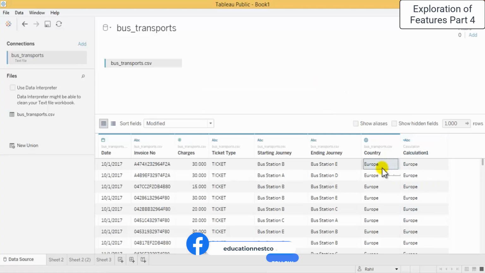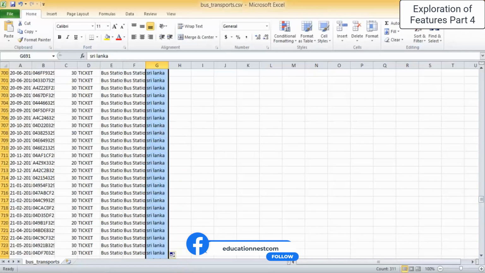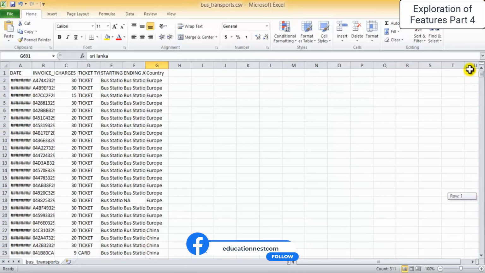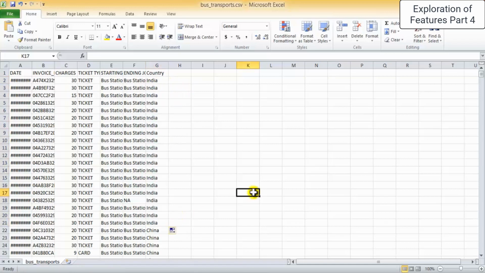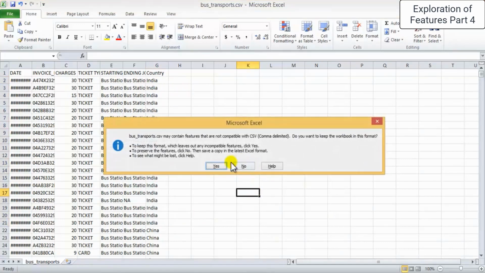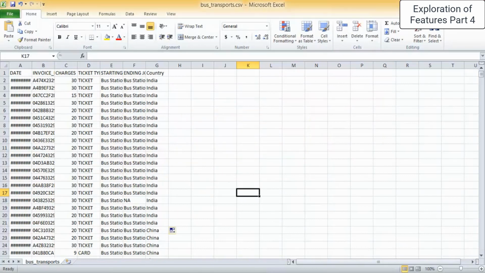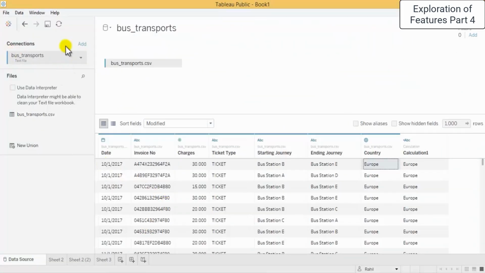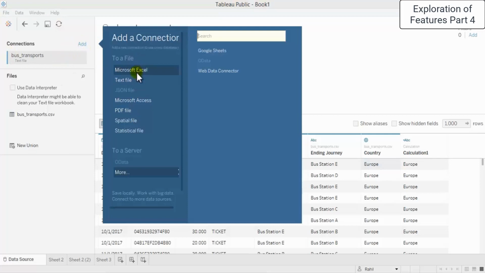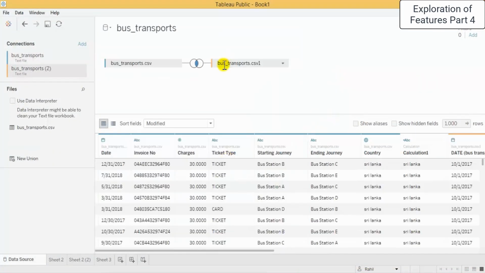Now Europe is not detected, so what we can do is we can just move to here, and instead of Europe we can write India, and just drag it to some extent and just Control S and done. Okay, and we go back to this. For now, this we are doing just for this initial purpose. And yes, we got this CSV1 with